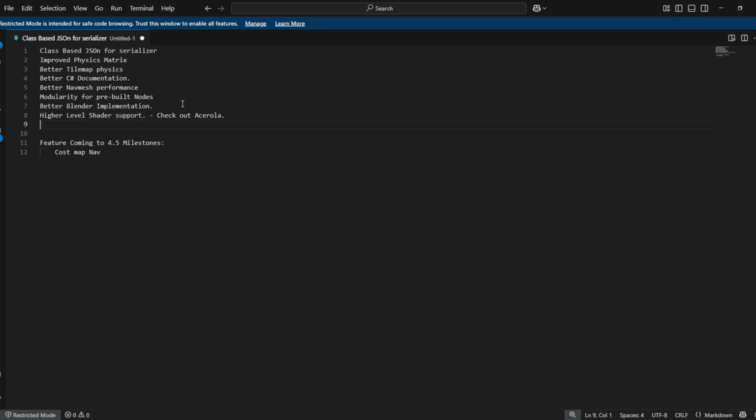Sorry, go ahead. Yeah, you've just got the very beginner stuff, and then you've got the very advanced stuff, and I just feel like they need that middle ground. So I would like to have them give us some higher level shader code support. I don't think that's in 4.5. I really don't, no, but it would be nice. Do you think there's a chance they just implement Ace Roll's, just put it into the engine? I think there's a world where they definitely think about it, especially if it gets popular.